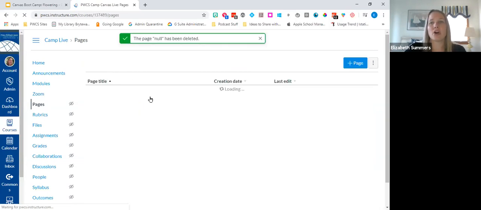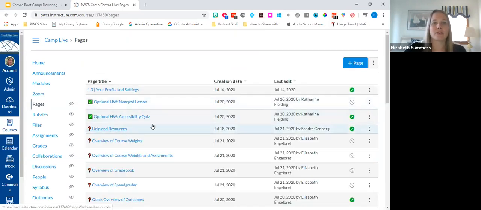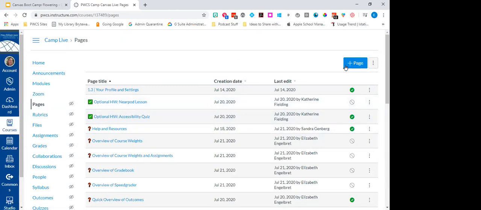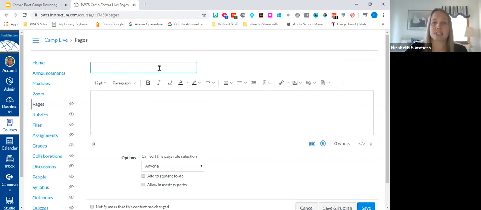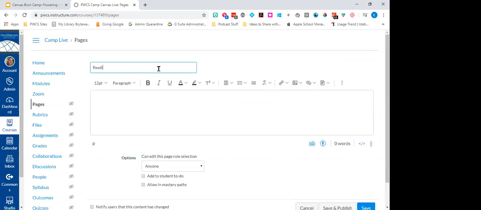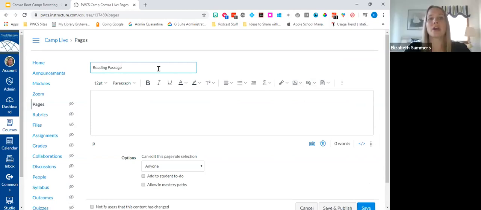And this is going to show me all of the pages that I have in this course. And again, you'll notice that students will only see ones that are published and in a module, and I can tell they're published because they have that little check mark on them. To create a new page, I'm going to click plus page. And then I'm going to give this page a title. So I might call it reading passage, or whatever it is, the objective that I want to cover on this